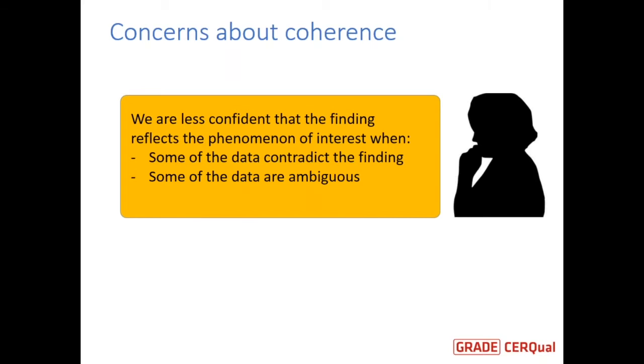So a rule of thumb for coherence, though, is that you would either rate down for coherence, or you would be more case by case in your review finding. You would be more descriptive of all of the different studies or data points that contribute to that review finding. I would ask if that's clear, but it's hard to get feedback. So if someone doesn't quite understand that, please ask another question to follow up.